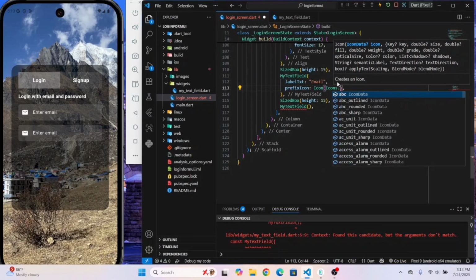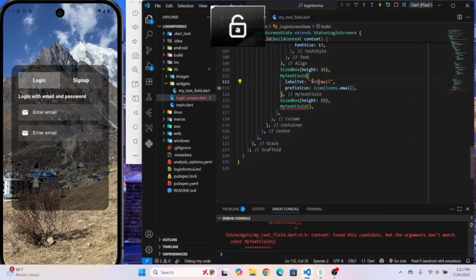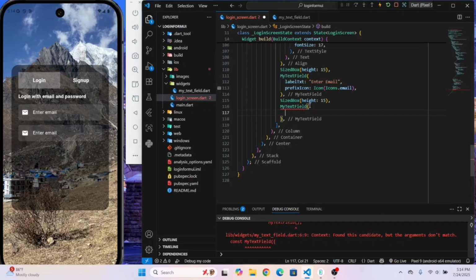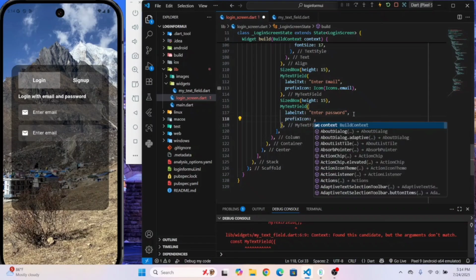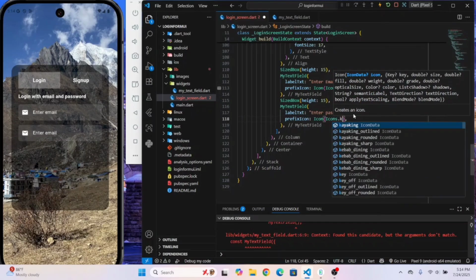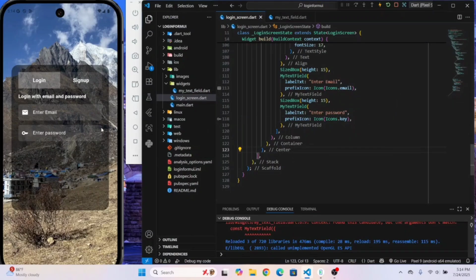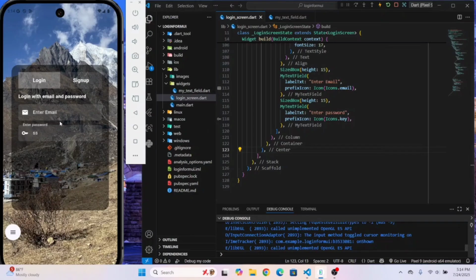right here, Icons.email, right here, internal email state. Okay, save it, and also give the labelText here. Right here, enter password, and give the prefixIcon, Icons dot, and save it. Let it go. Okay,